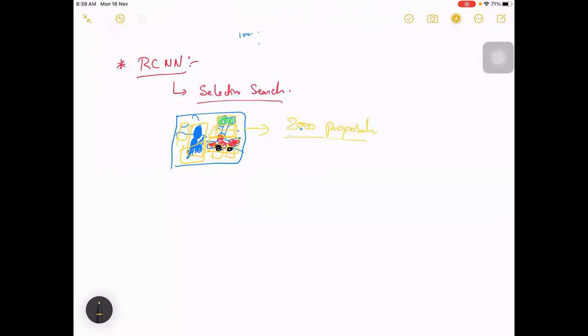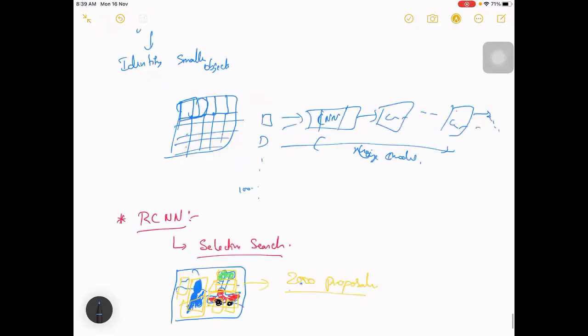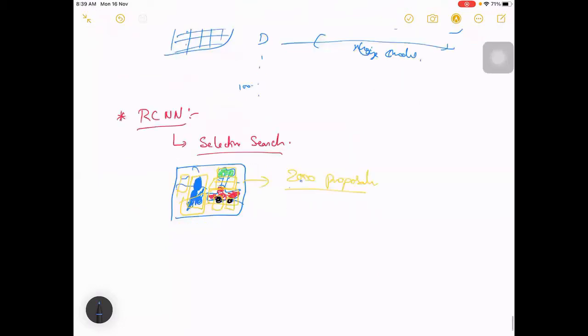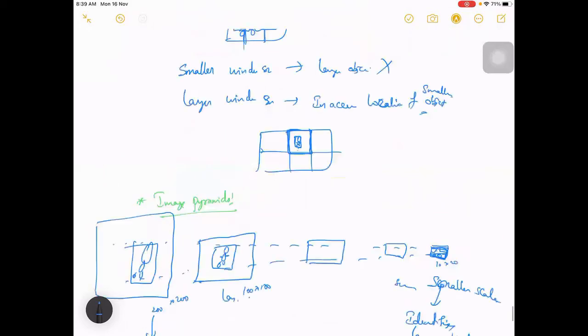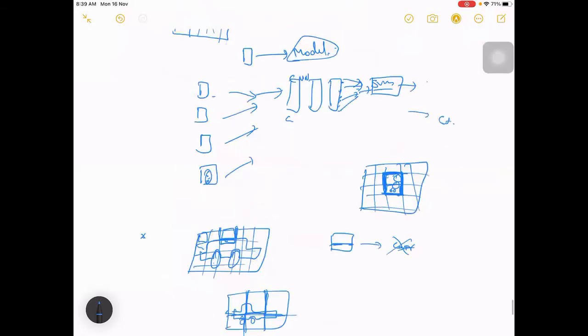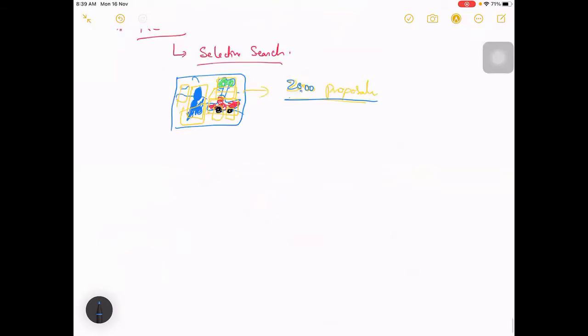Instead of searching every corner, each and every window by doing this sliding, you can look at these 2000 boxes which it would have shown, and these will also be of different shapes. It is much better than aggregating the output by making it a larger image, like how we did here, right? You don't have to do all those. It will give a few boxes, and we have to look at these boxes.